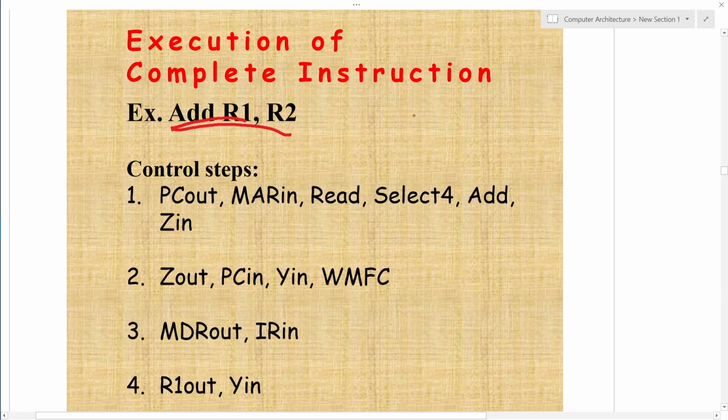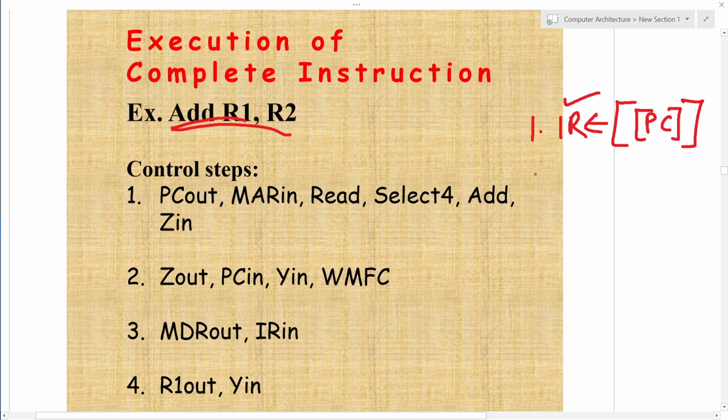So the step we are following: first the content of the PC will move to the IR. That means the content of the PC will be delivered to MAR, and MAR will identify the location, and the content of that location will be delivered to MDR, and from MDR to IR. So this is step 1.